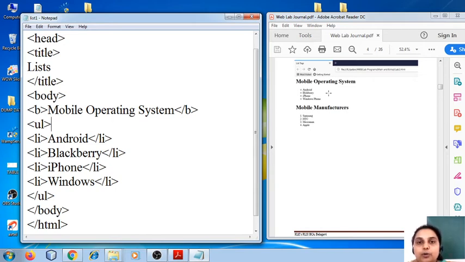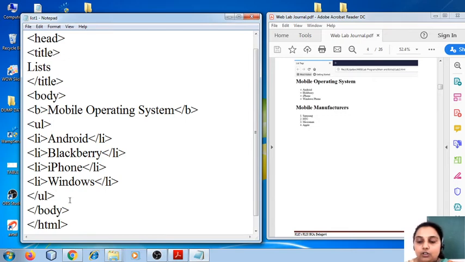The other part of the problem definition says ordered list. When we are talking about an ordered list, the most important thing to remember is that a sequential value is attached as an item marker to the list item. Can you observe here 1, 2, 3, 4? In this way, there is a sequential value. Whenever you find sequential values attached to items, you have to immediately understand that it is an ordered list.